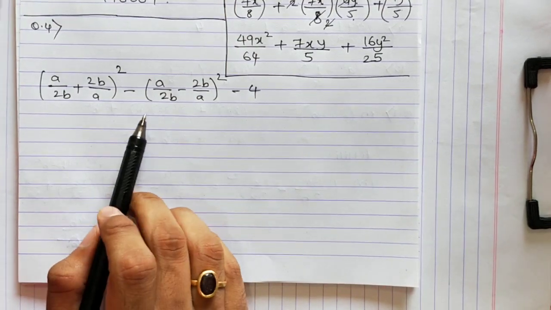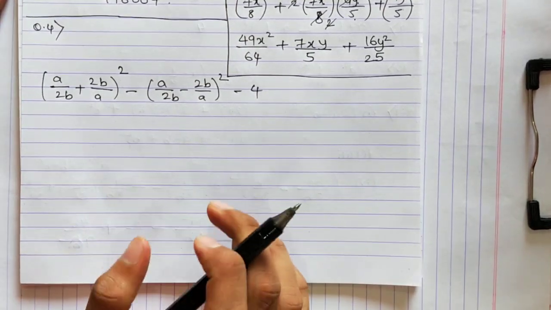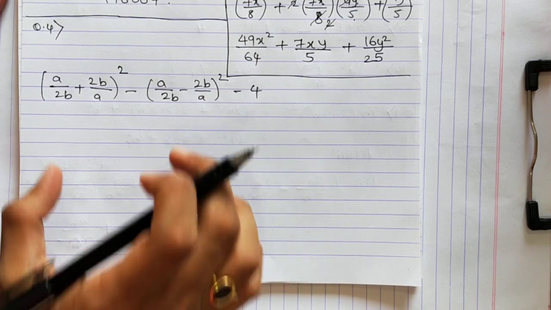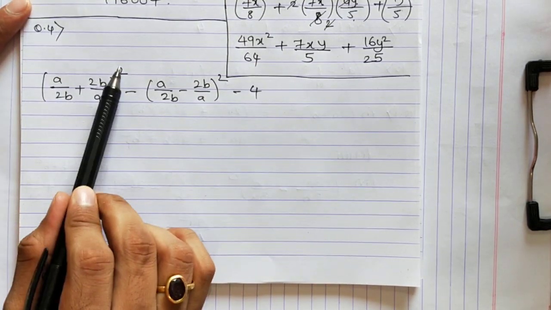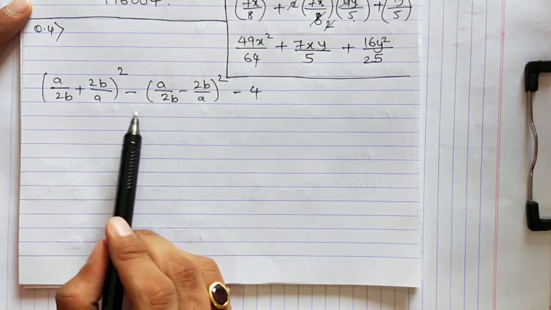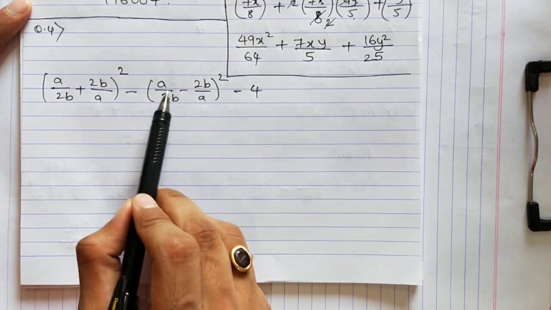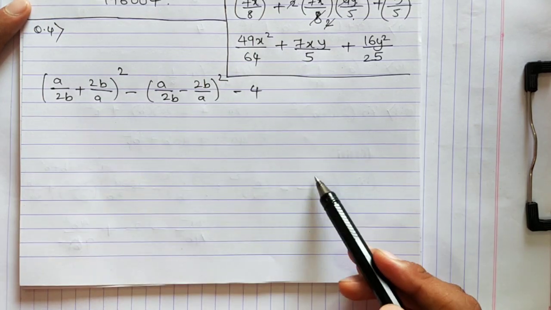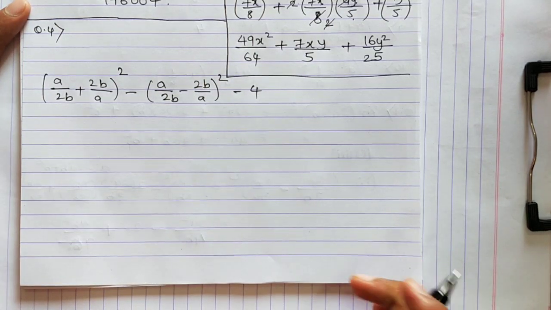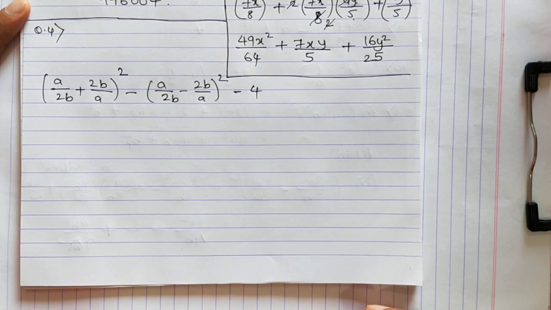First of all, there is one way, the longer method, with which we can solve the sum: open this bracket as (a plus b) the whole square, open it, minus, open this bracket as well, (a minus b) the whole square. Do some cancellations, and then in the end you will get the answer. That is the longer method of doing the sum.